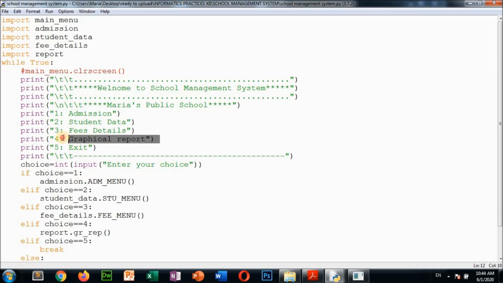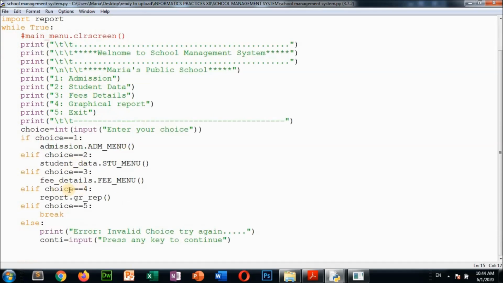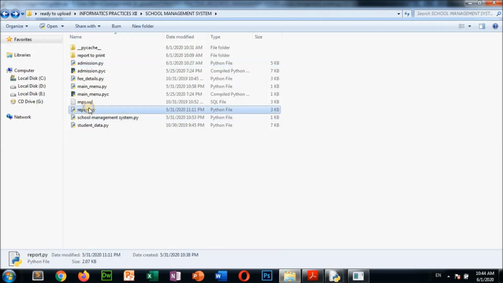And this graphical report, computer science students have no need to use, because it is not in your syllabus. This graphical report with data visualization is for IP students only. IP students also have to do this graphical report function. The same procedure we have used before, we have used here. If you are an IP student and you select option 4, graphical report, then choice 4 is the report one; I have created another module, gr underscore report, with one function.